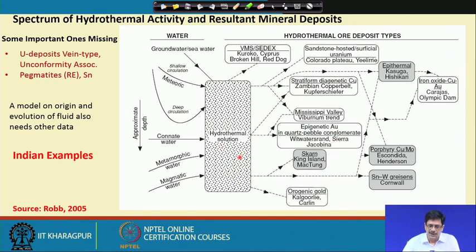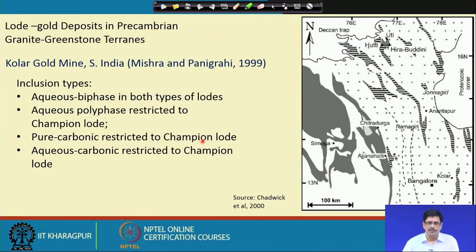So, this is how the science is being forwarded, and we should always keep some of the limitations in mind while trying to apply fluid inclusion data to understand different types of deposits. So, I would like to give a little bit of idea about the lode type deposits in the greenstone granite terrain, and we know that in the Dharwar Craton we have occurrences of such deposits which have been producing gold for more than 1.5 centuries, like Kolar, which is shown here. This is the Kolar schist belt.